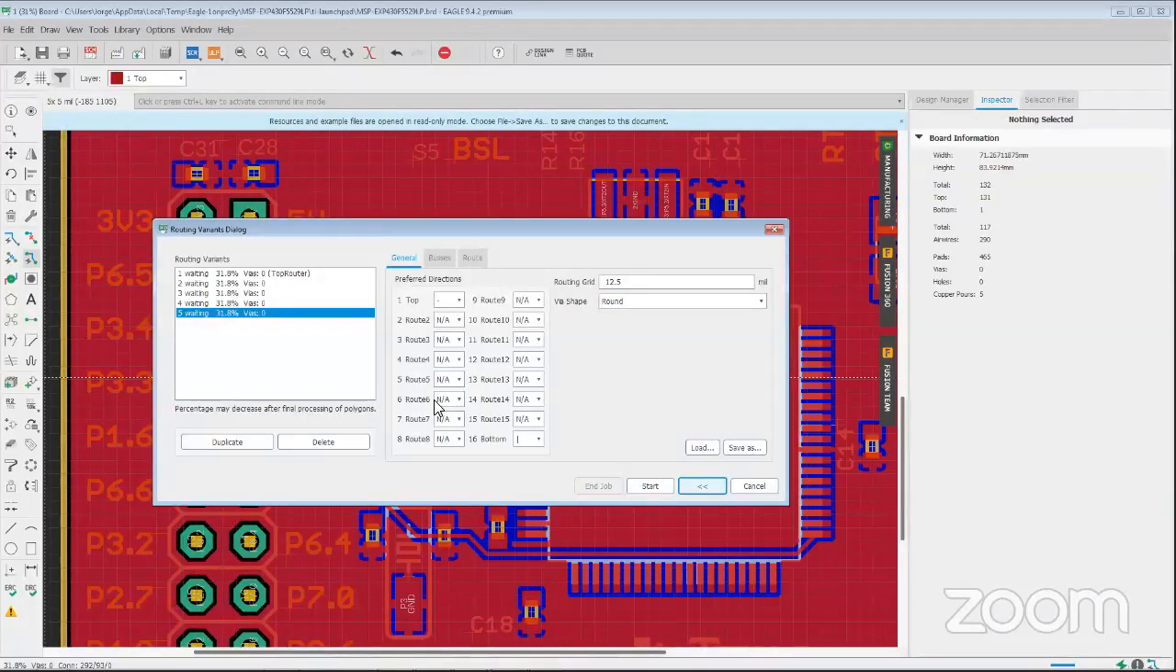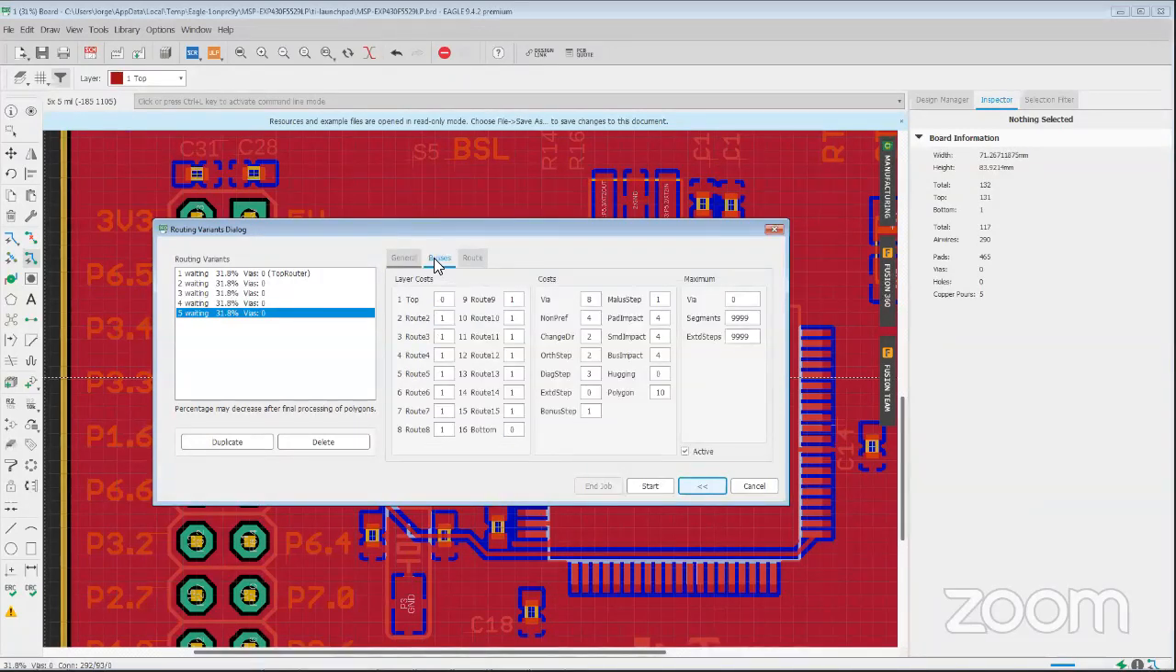And you can see the parameters that have been defined. You can see what the actual preferred directions are for this variant. It's left to right, up, down. Routing grid is 12.5 mils, the via shape. You can go to buses. Now here's where that element